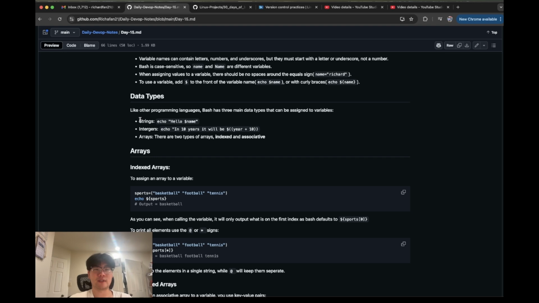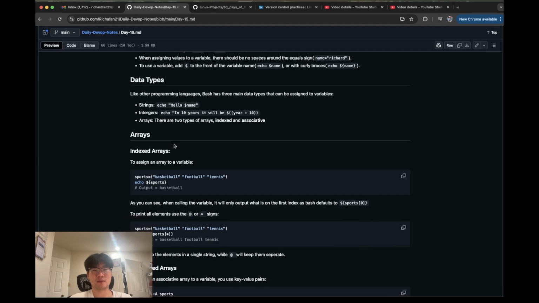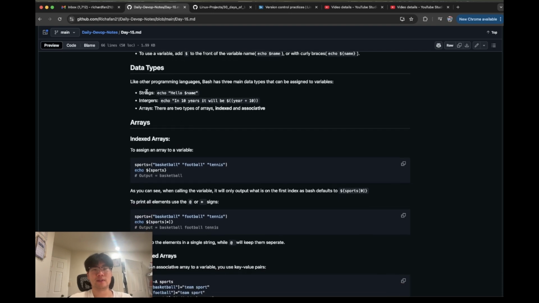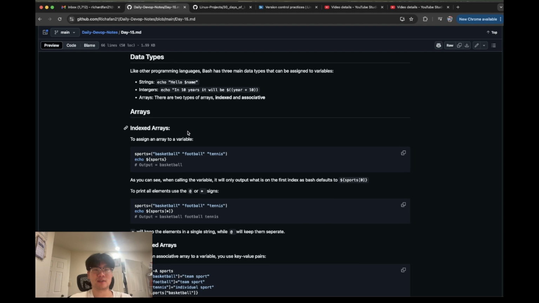Once again, just like everything else, there are 3 data types: strings, integers, and arrays. Strings and integers are pretty self-explanatory. It's just either text or numerals. But for arrays, there are 2 different types: indexed